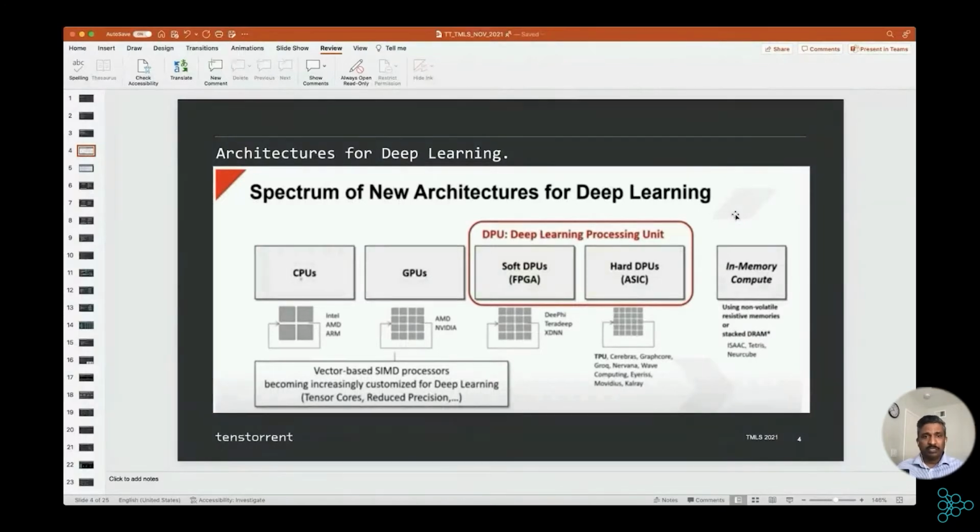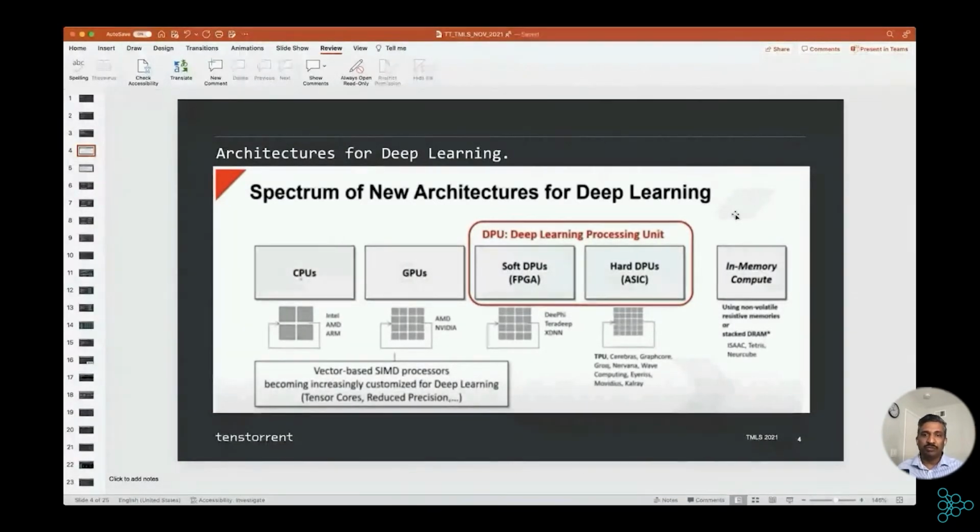So what happened in the last 10 years has been there has been a spectrum of new architectures for deep learning, which has been evolving. It started with CPUs from Intel and AMD, and then the GPUs were the next class of compute which found the right fit for ML workloads. But then